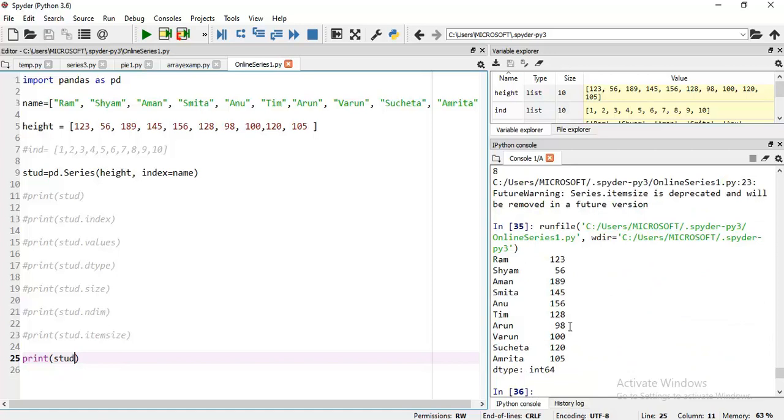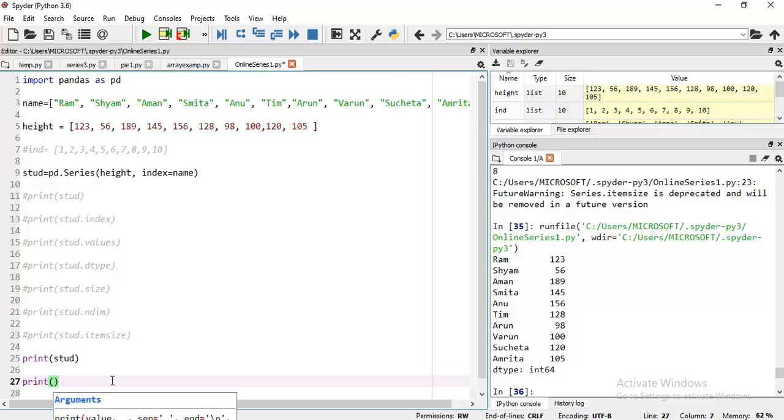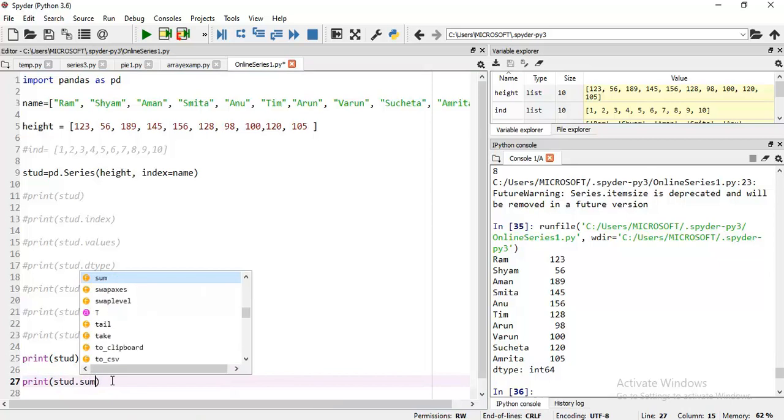This is our series, and now I want to find the total height. For this I will use print std.sum.